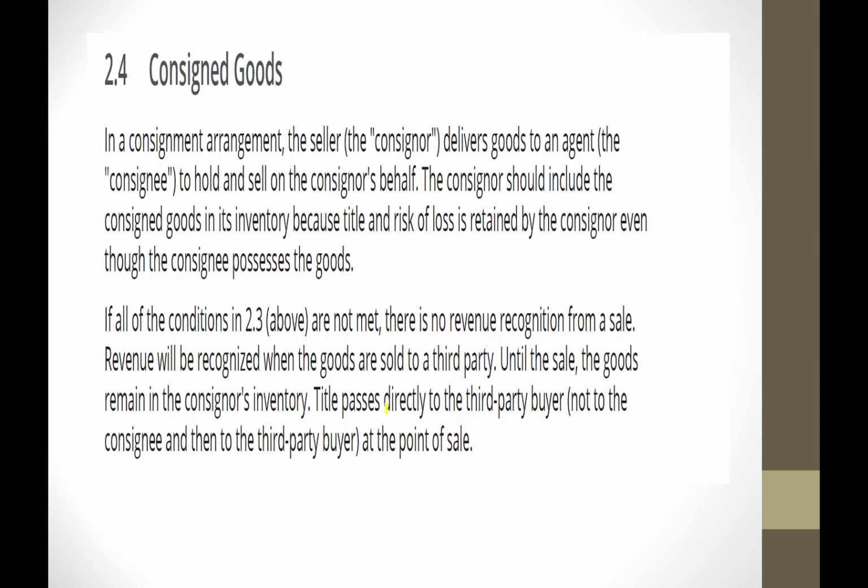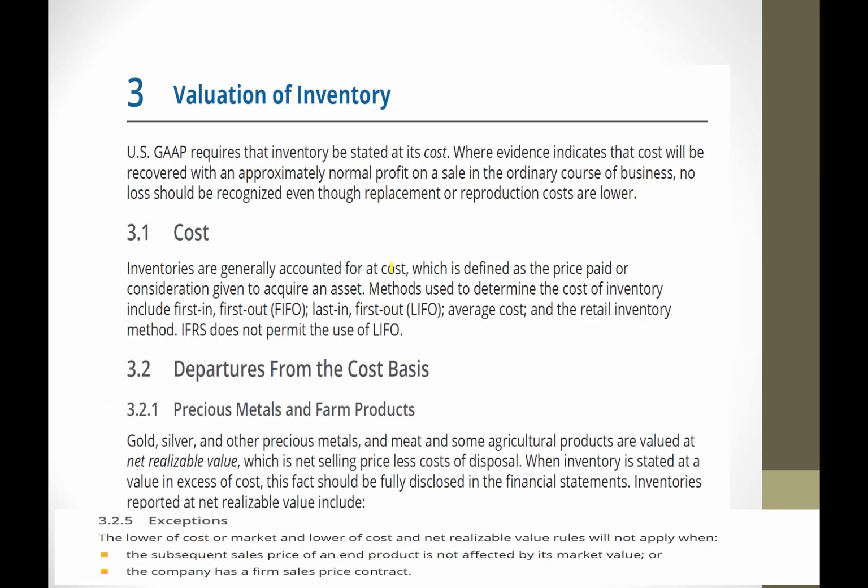You would include those items in your ending inventory. So the consignor, that would be you, should include the consigned goods in inventory because what? There has been not the passage of risk, that sort of thing. So I think we talked about that before. You would include those things in your ending inventory at year end, not in Barnes & Noble's ending inventory, right? There's no sale until it passes to a third party. They sell it to a customer of theirs.